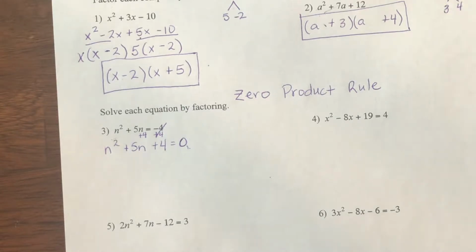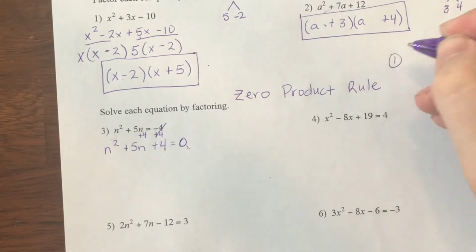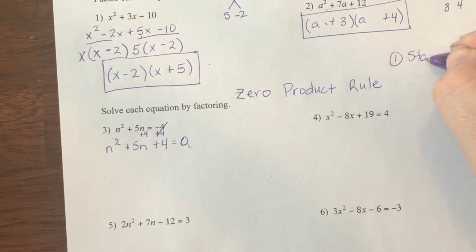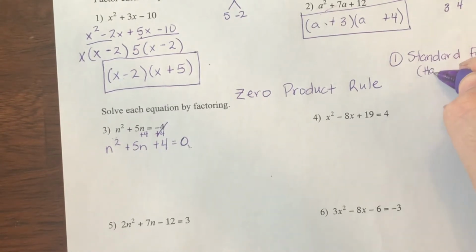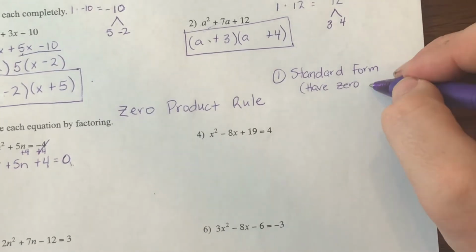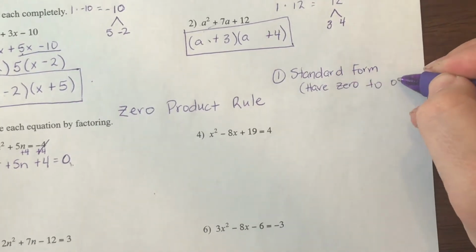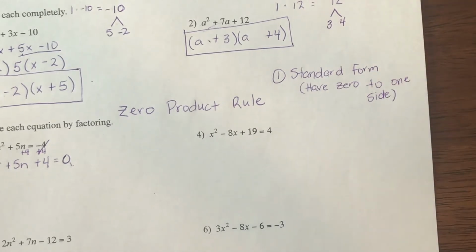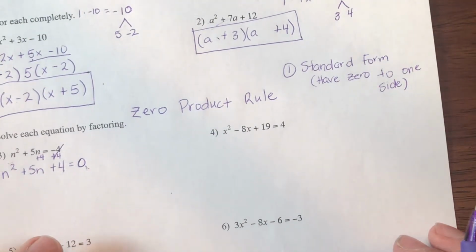Okay. So our first step in this is to get 0 to one side, or get it in standard form, which is also to have 0 to one side. All right. And then from there,